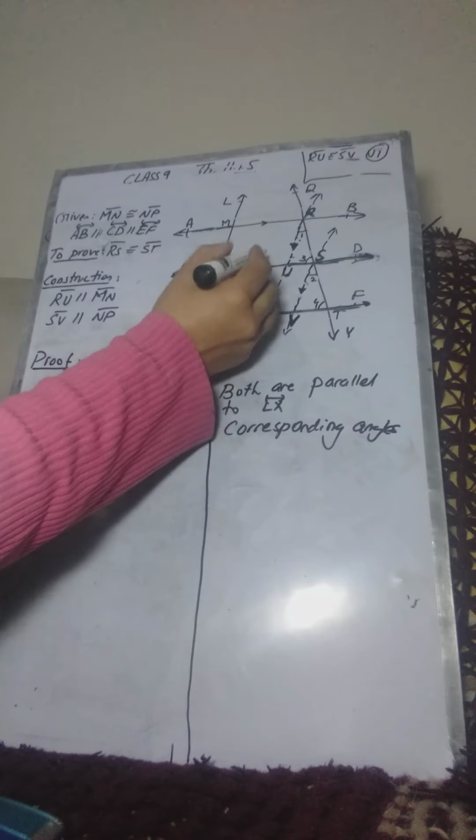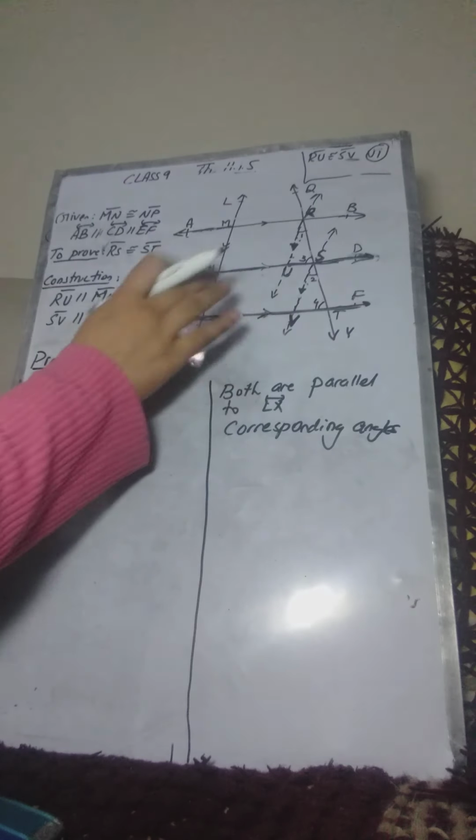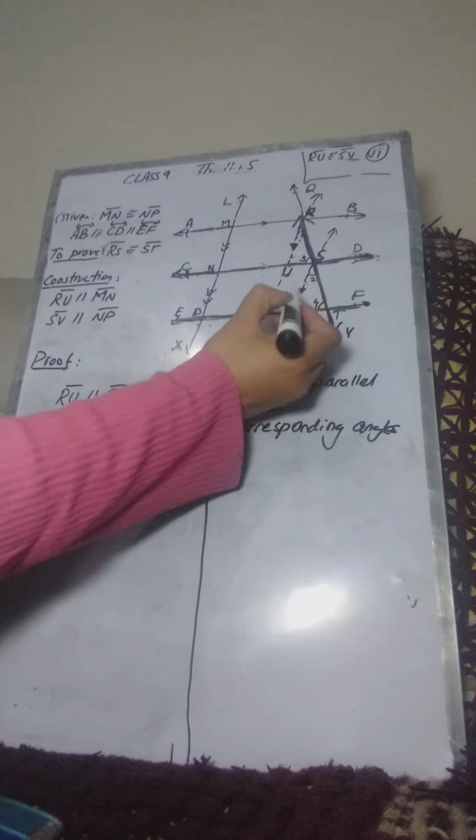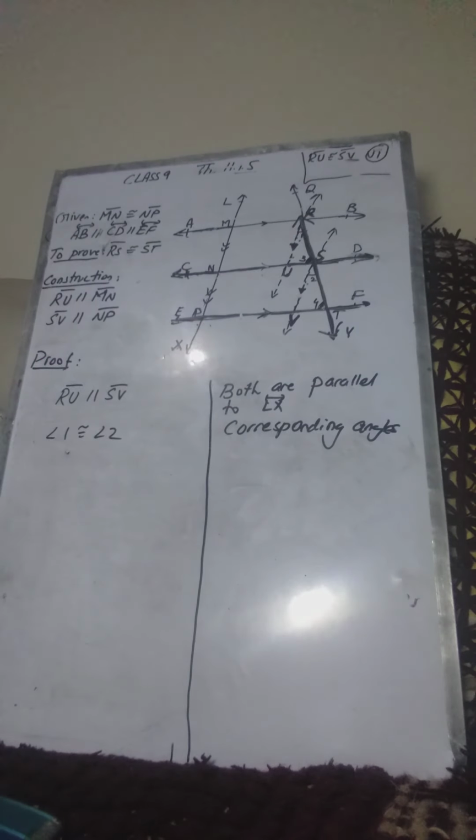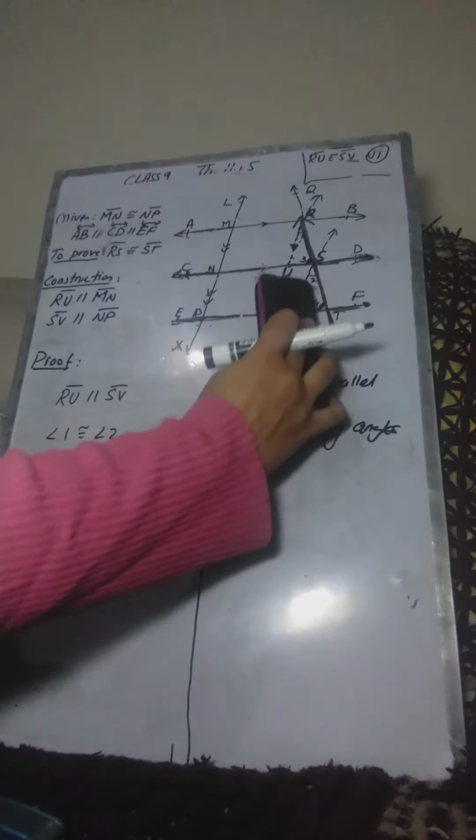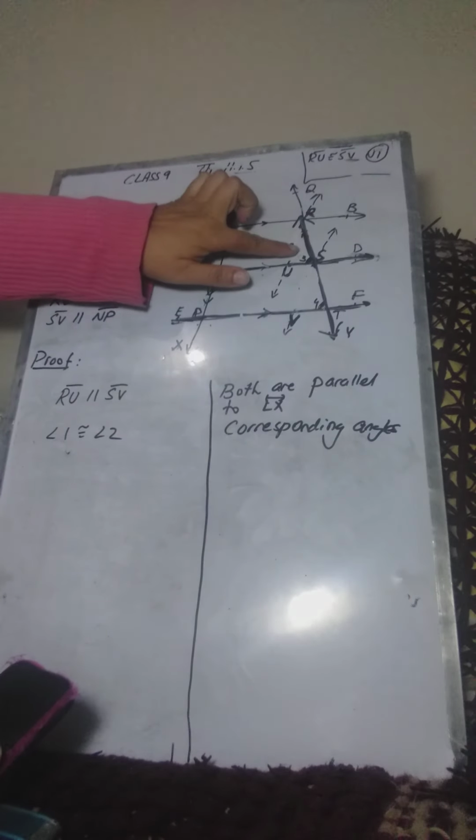Okay, these were parallel lines because it was given to us. And if you observe this transversal, now these are two parallel lines and this is a transversal which is cutting them. Now if you see angle 4 and angle 3, let me erase the rest so that I can draw it again. But now let me show you angle 3 and 4.